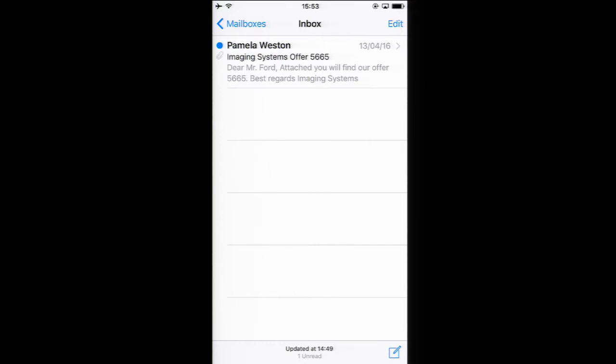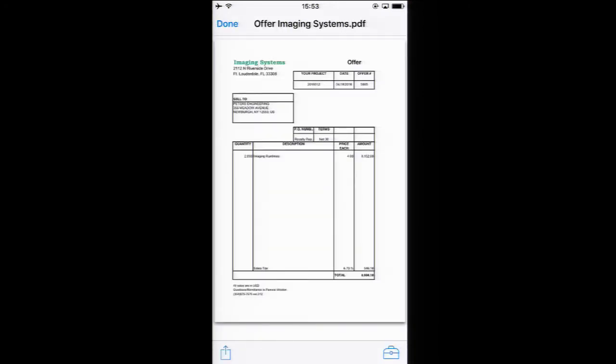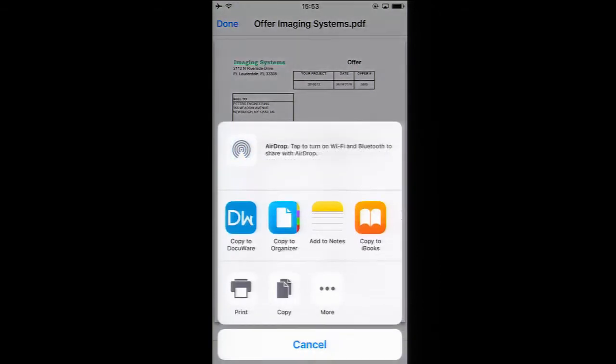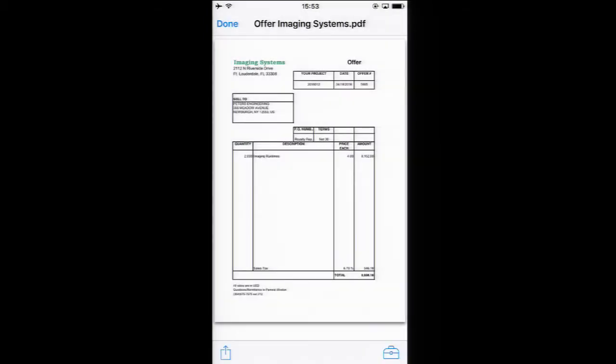And what he wants to do is send this document through Docuware into his organization, so it can be stored there centrally and processed by maybe someone else. So he just opens the attachment and uses the general share functionality of his mail app, and he just chooses copy to Docuware,